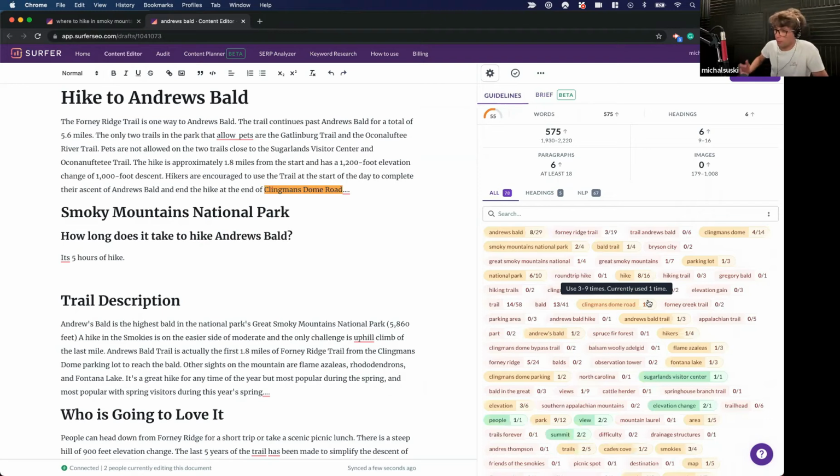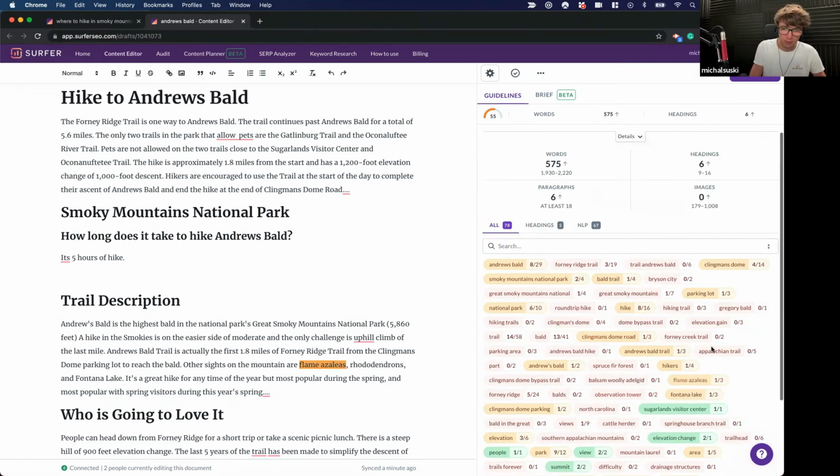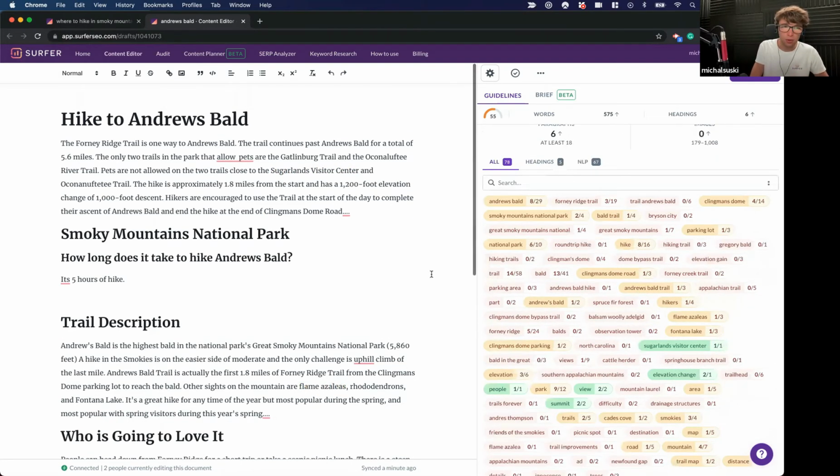And imagine that you as a writer, you don't start with 0 words. You start with a bunch of headings and a bunch of unique content paragraphs, so you can build on top. You can add your creativeness. You can optimize using terms like balsam woolly adult, whatever. I mean, I'm not good at this, but in general you use these terms that make your content. But what is this really? These terms will make your content about hiking to Andrews Bolt.